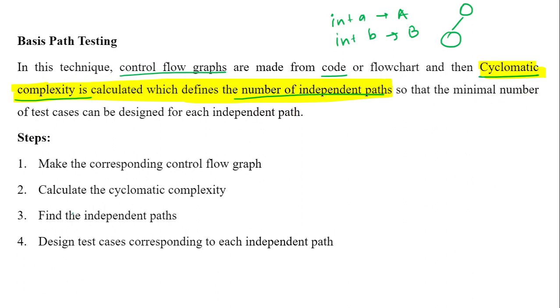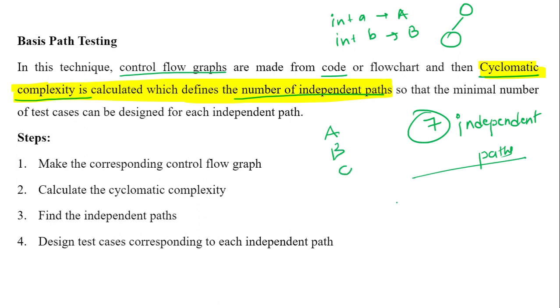तो हमें क्या फाइंड करना है? अगर साइक्लोमैटिक कॉम्प्लेक्सिटी की वैल्यू आती है 7, दिस मीन्स दैट इन माय कंट्रोल फ्लो ग्राफ देयर आर 7 पाथ, 7 इंडिपेंडेंट पाथ. 7 इंडिपेंडेंट पाथ मतलब कि नो पाथ इज बीइंग रिपीटेड. अगर ये पाथ बोल रहा है ए बी सी, वो पाथ बोलेगा डी ई ए बी, मतलब कि कोई भी पाथ रिपीट नहीं हो रहा.